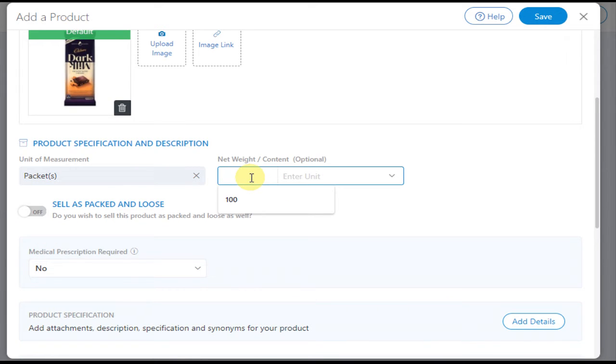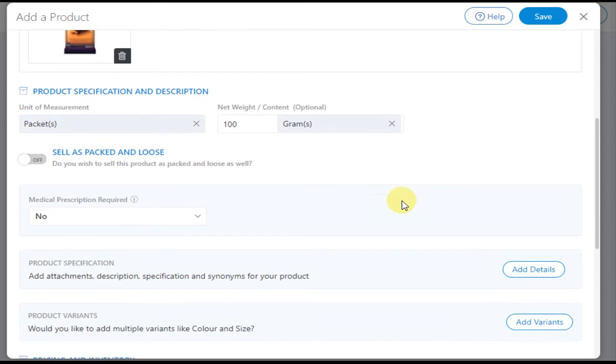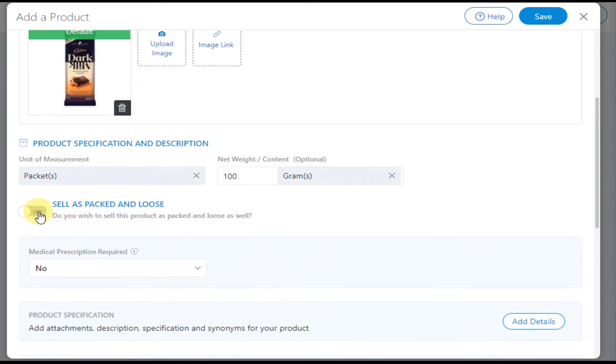Enter its net weight if you like. If you want to sell the product in terms of boxes, or if you want to sell the product individually to the customer, you can do so by enabling this toggle as sell as packed and loose.